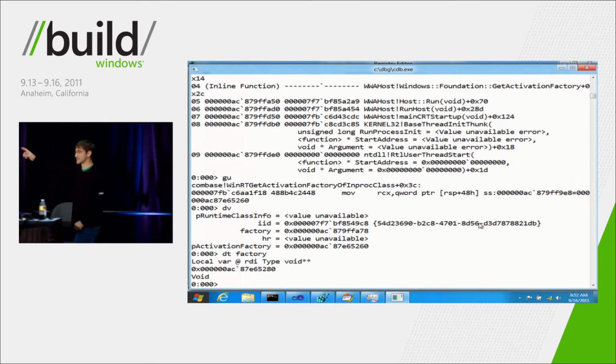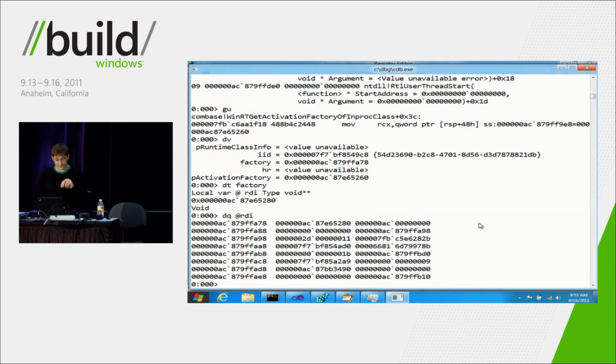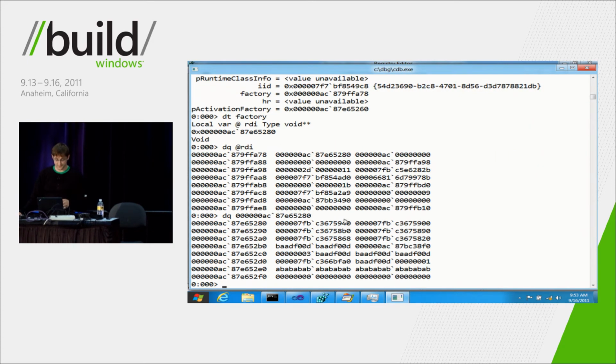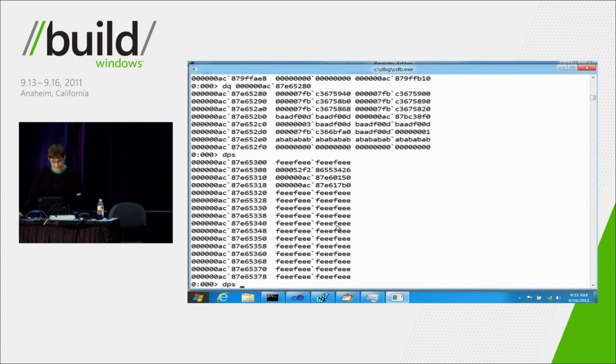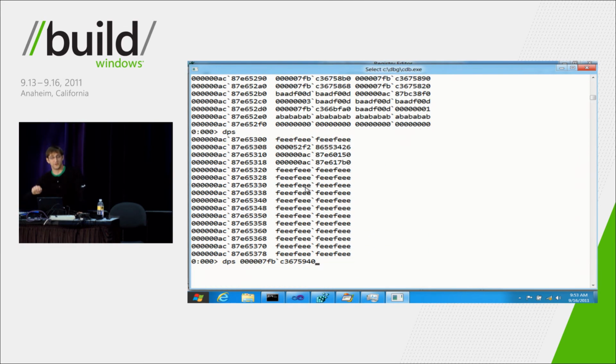So if I track this pointer down, I can start dumping some memory, tracking down this pointer, and get to that virtual function table. So let's first take a look at what is at the RDI address. Okay, so that's one level of indirection. It's one pointer. There's another pointer. This guy here should be our virtual function table. Pointer, pointer, virtual function table. So I can dump this, and if everything's working correctly,